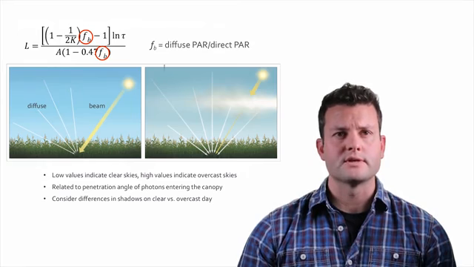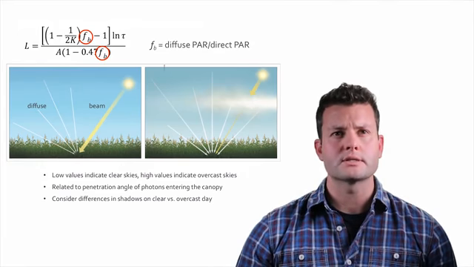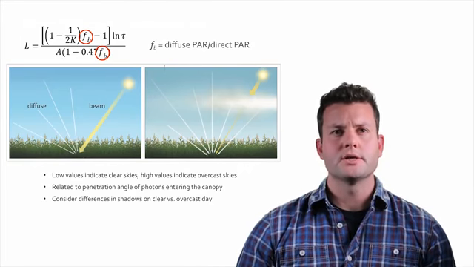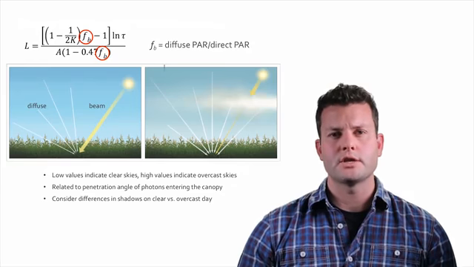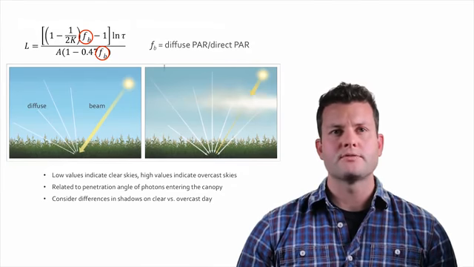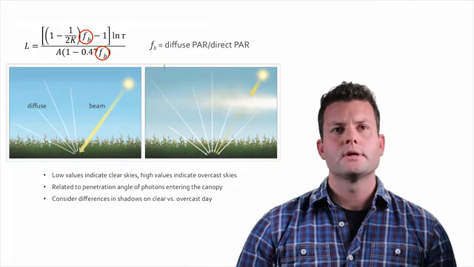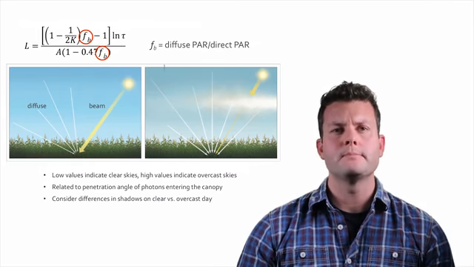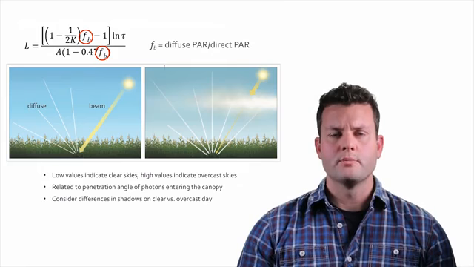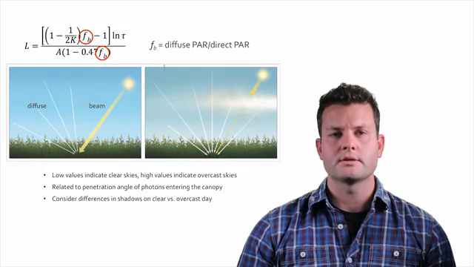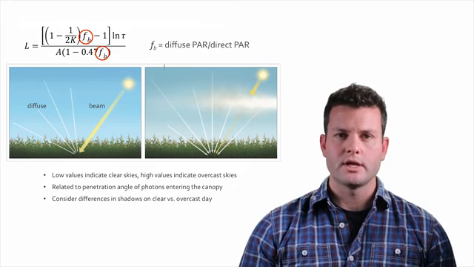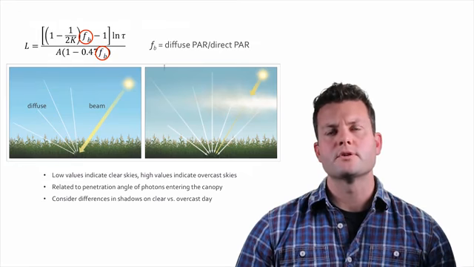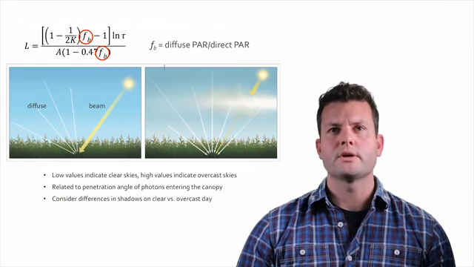And so let's look at what this is, which is graphically represented here on this slide. So on the left-hand side, we're representing typical clear sky conditions where we have diffuse radiation, which is radiation that has been scattered in the atmosphere by aerosols and other particles, and is scattered to some location down in the canopy where we might be measuring transmitted light. Contrast that with the beam radiation, which is dominating in this clear sky condition. And that beam radiation is the radiation that's coming directly from the sun. And so on this left-hand side, we can see that F sub B would be very low because the direct